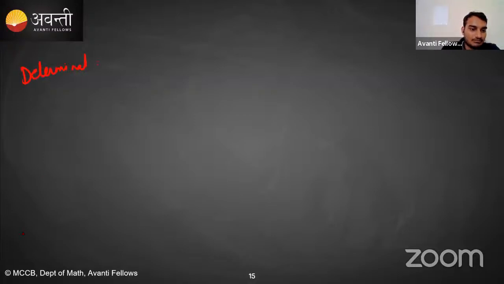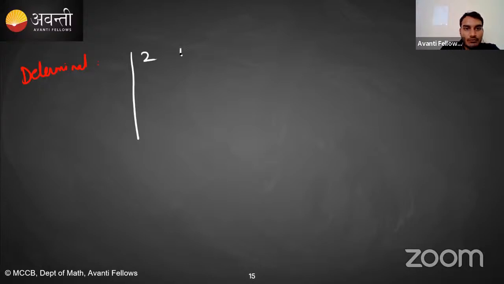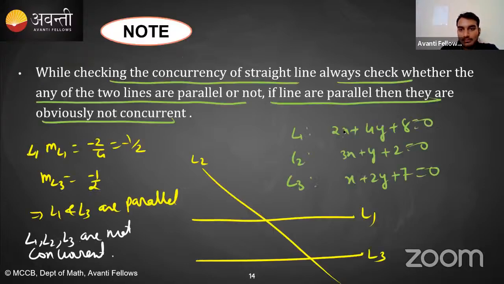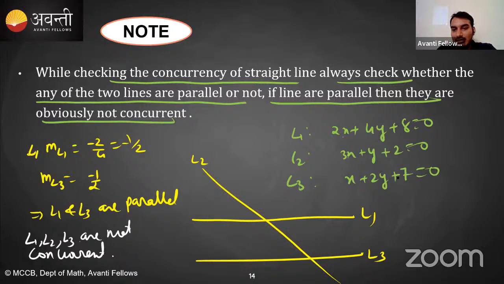Let's find the determinant. Determinant of, first of all, L1 is 2, 4, 8; 3, 1, 2; 1, 2, 7. Oh, let's say 7 instead of 7,